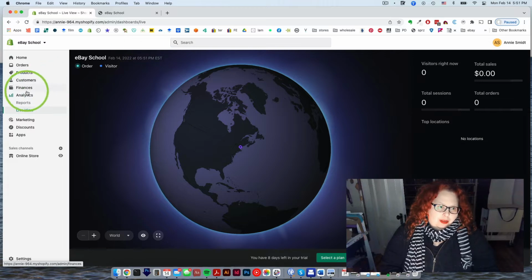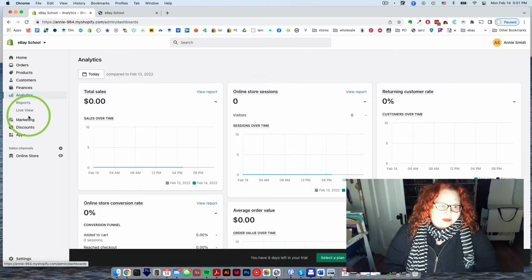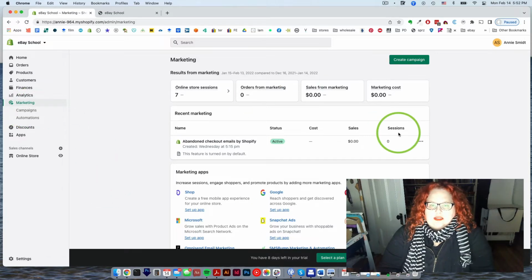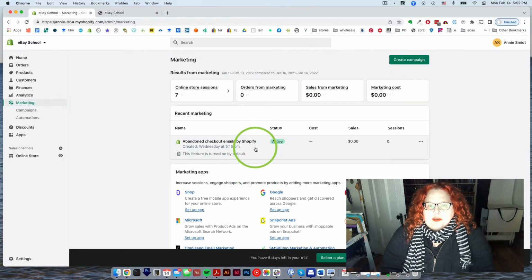It's pretty cool. So that's analytics. Marketing. Shopify actually has a built-in email marketing system that is great to use when you start out. So you can set up email campaigns that you send out to people, hopefully ones that have opted in to getting stuff from you. You can also do things like set up an abandoned shopping cart email. So if somebody abandons their cart, you can set up sending them an email